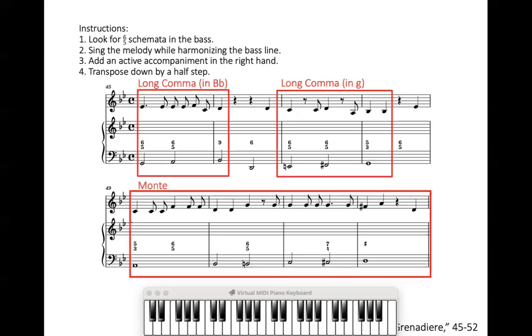And then we have a monte going up, right? So we have scale degree 3, 4, sharp 4, 5 in the bass. So hopefully we can train students to look for these very specific patterns. And I'm not introducing all of these patterns at once. I'm being very targeted in the patterns that I choose. So this particular week, we would cover 6/5 chords, and they all have the same kind of voicing and voice